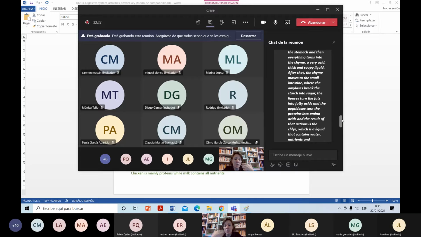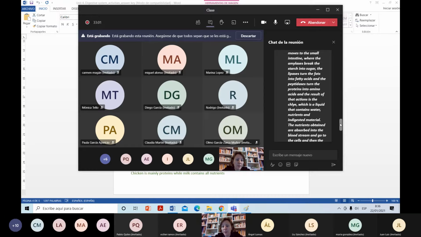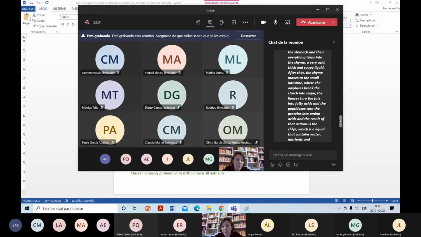So I need as well a molecule that transforms my sugars that I already have into monosaccharides. That molecule are disaccharidases, which are also present in pancreatic and intestinal juices. You didn't mention that all these enzymes come from pancreatic and intestinal juices. And there's another thing that is missed there.